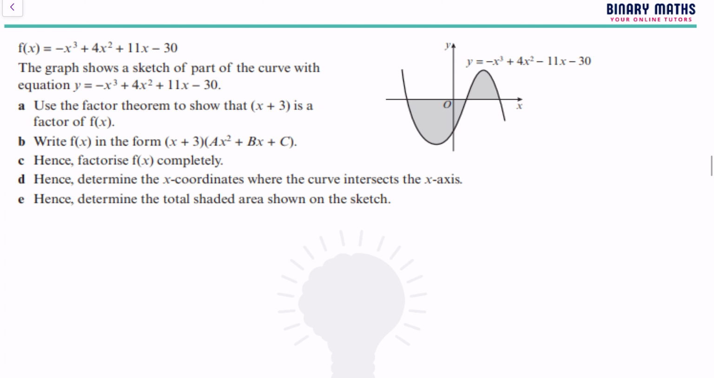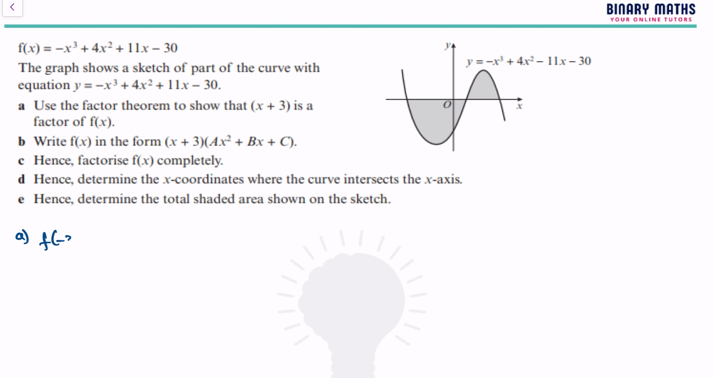Next question. f of x is equal to minus x cubed plus 4x squared plus 11x minus 30. The graph shows a sketch of the part of the curve with equation y is equal to f of x. A. Use the factor theorem to show that x plus 3 is a factor of f of x. So if x plus 3 is a factor, then we need to calculate f of minus 3. So if I calculate f of minus 3,